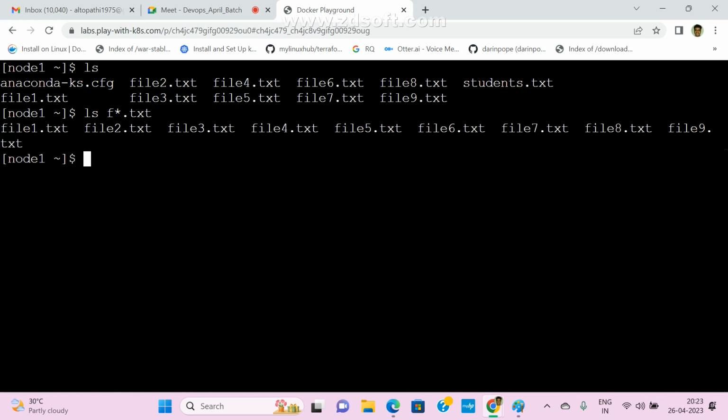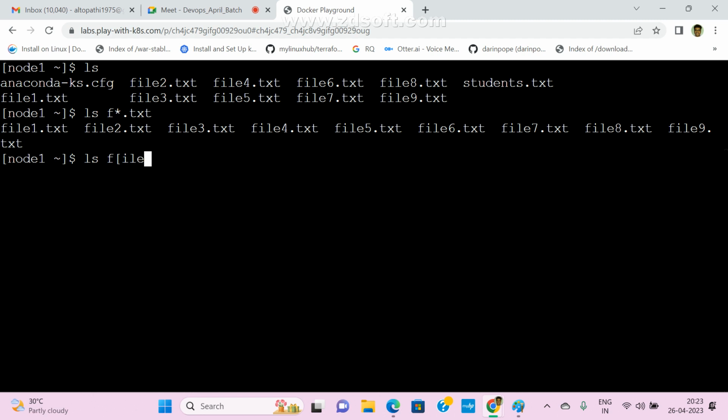Suppose I want to check a group of characters also. We can check like this also, ls space. Now I'm giving f, and in between, we can pass anything, whatever you want. So if I want, I can pass i, l, e.